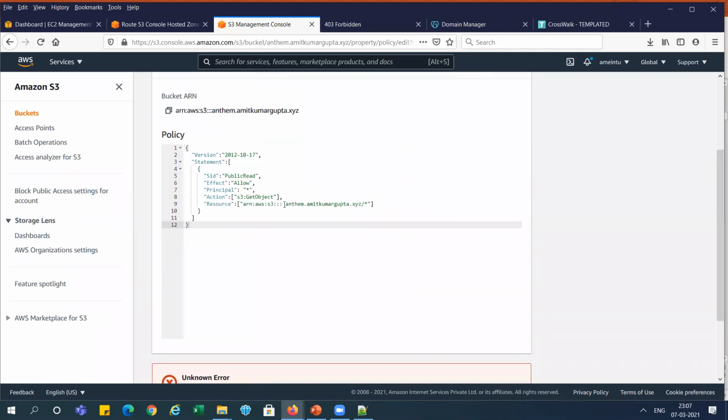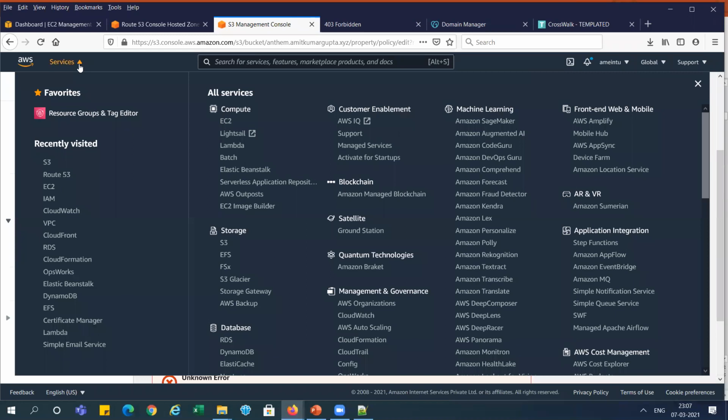So you can see here it is showing some space, right? That is the issue, and you can check this resource ARN for that bucket. I will show you that thing also. I'm opening one more instance for S3, so I will show you. Let me open it.